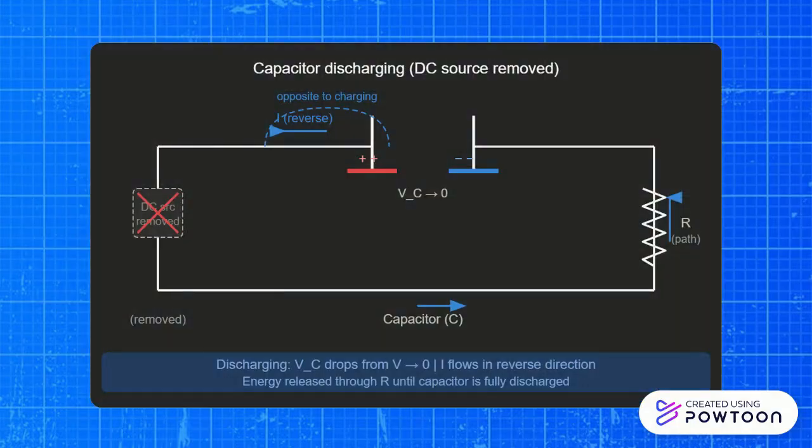If the DC source is removed and a conductive path is provided, the capacitor discharges. Stored energy is released and current flows in the opposite direction until the capacitor voltage becomes zero. The speed of charge